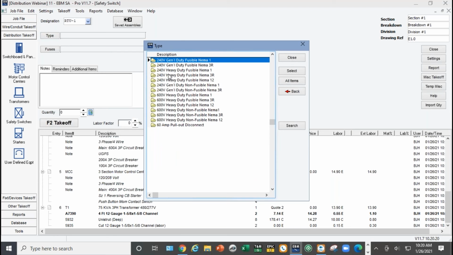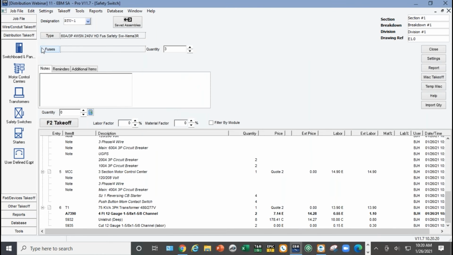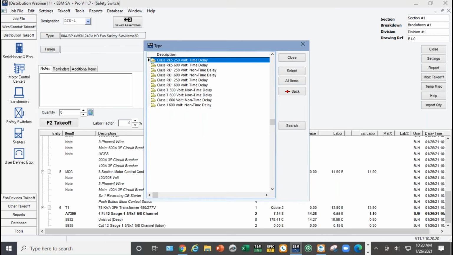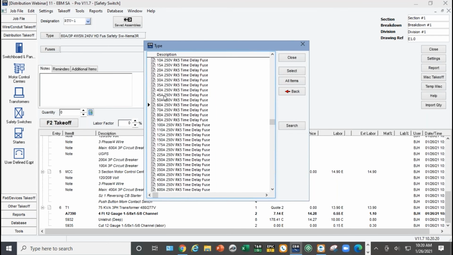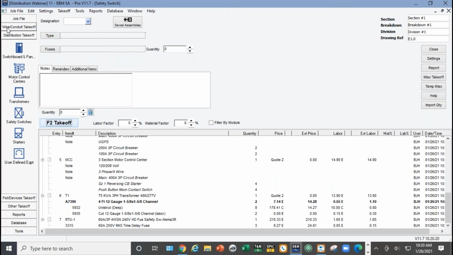Come down here to 240 volt heavy duty NEMA 3R, and we'll make it a 60 amp 3-pole. And then for fuses, we'll put in 60 amp. So we'll say there's one of those. Again, if I wanted to go to additional items and pick up some motor connections, I could do that, or I could just flip back to the wire and conduit and go to motor hookups there, which is my preference,